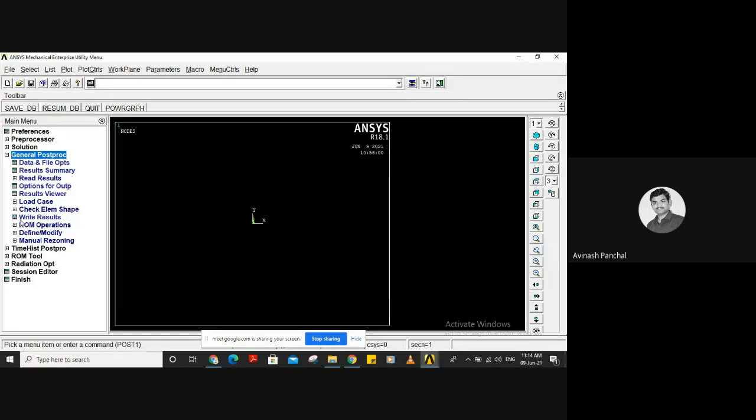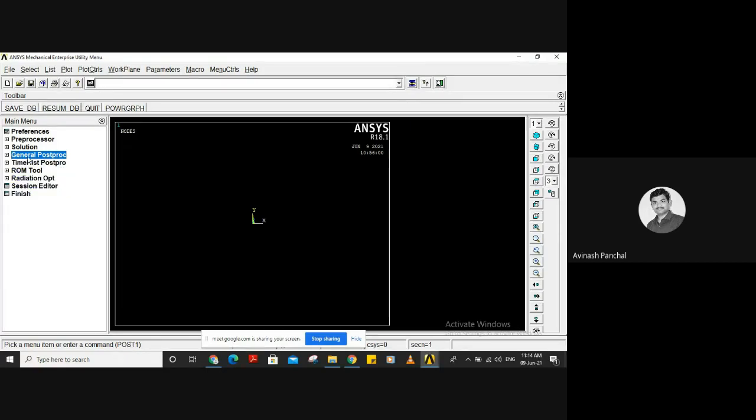So this is all about the three steps used in finite element analysis on APDL, or anywhere we can use this. But there may be a different GUI, that is, graphical user interface.